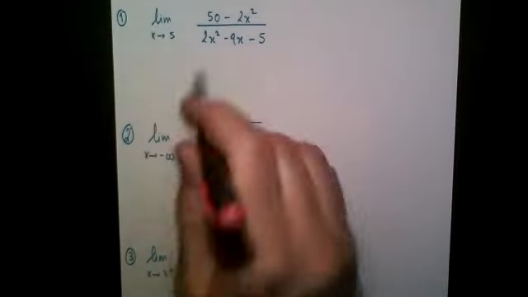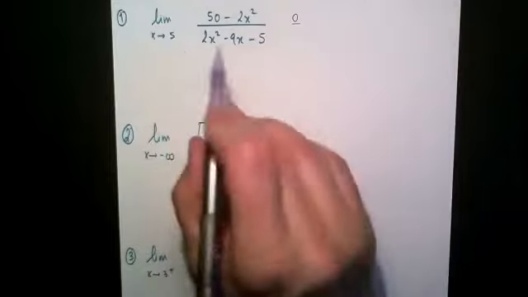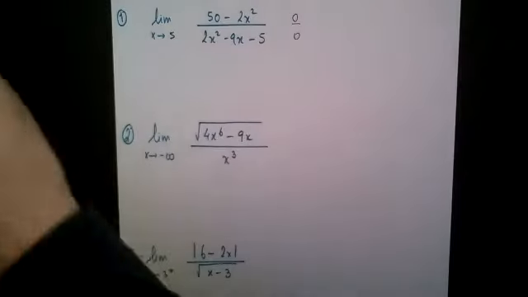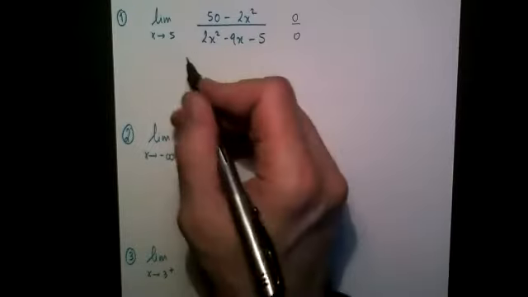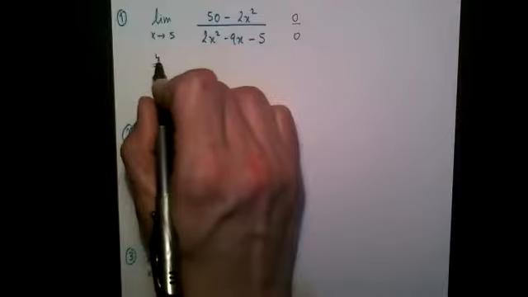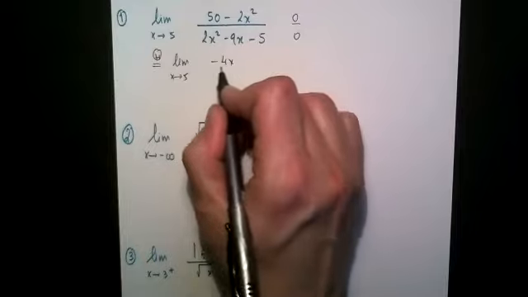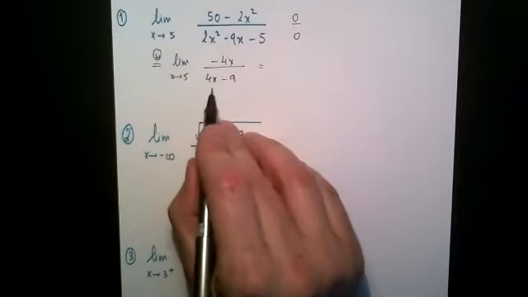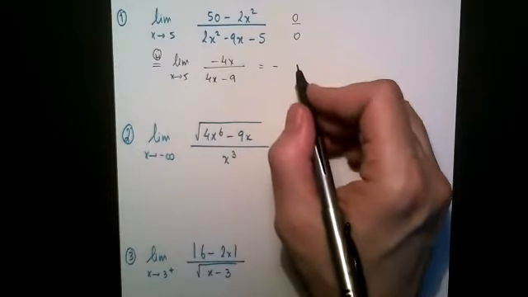First thing we do as usual, we replace x with 5. So if I replace 5, I get 50 minus 50 is 0, and on the bottom I get 50 minus 50 is 0. Okay, so two options, either we factor or we use L'Hopital's rule, whatever you prefer. I think let's do L'Hopital's rule, it's easy. Limit as x approaches 5, derivative of the top is negative 4x, derivative of the bottom is 4x minus 9. Plug in 5, I get negative 20 over 11. Is that what you got? Yeah? So minus 20